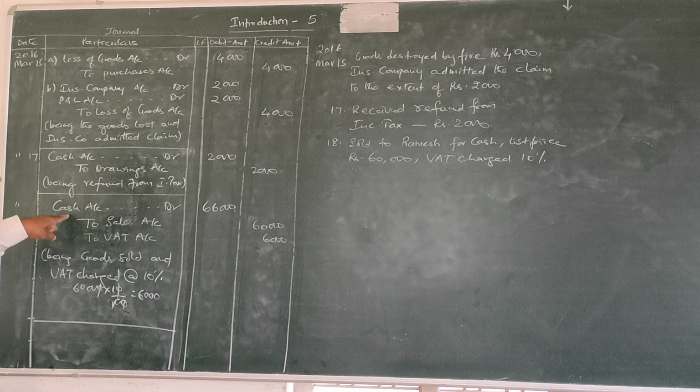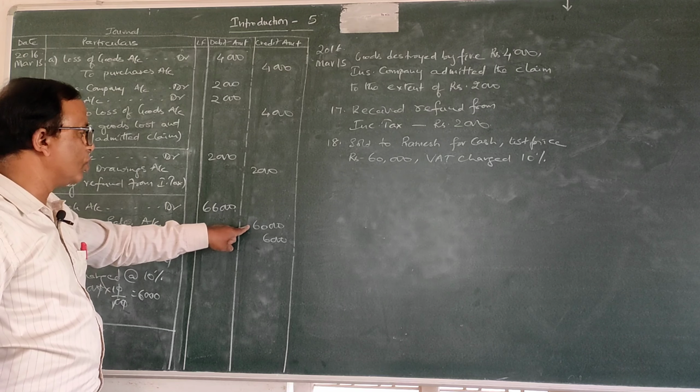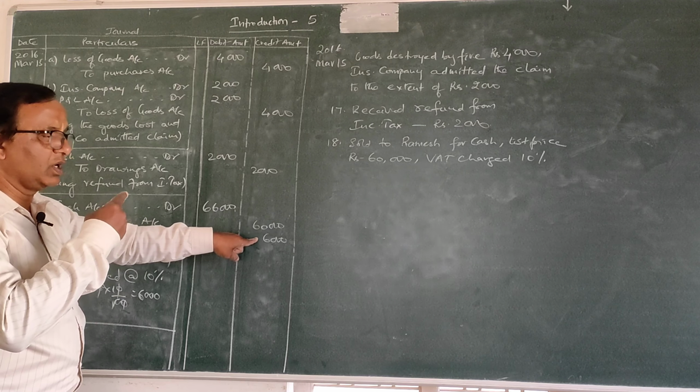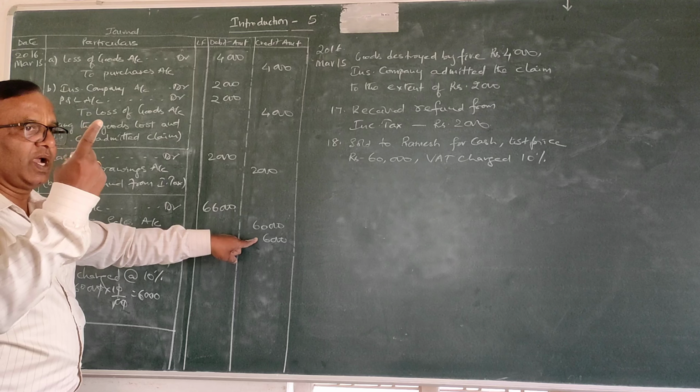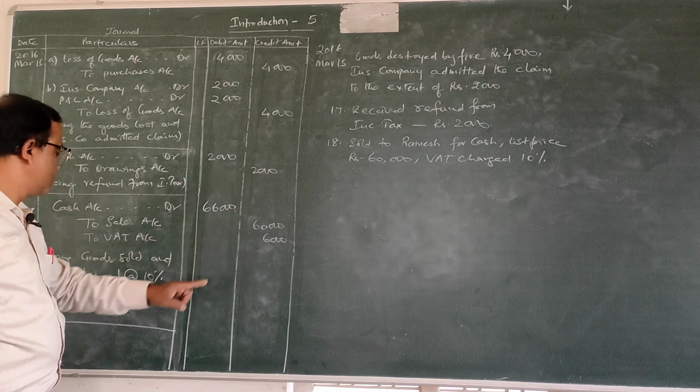So cash account you have debited. So your entry is cash account debit, what comes in cash, the real account. Then to sales, this is an income to you, a nominal account you are creating. VAT also, for the time being, you will treat as an income. Again when you pay the VAT, at that time, VAT account will be debited, being treated as an expense at that time.